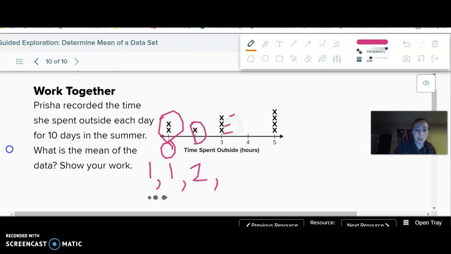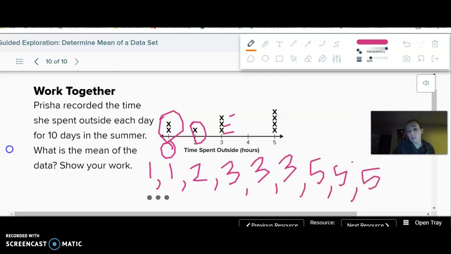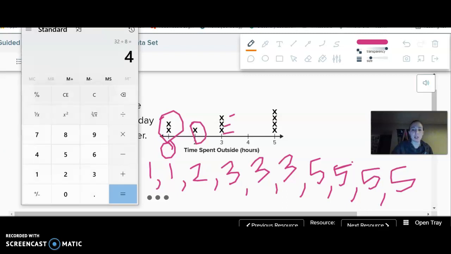I have 3 3s. And then I have 4 5s. So I wouldn't have to write this down, but I think it is easier to see the numbers. If you have sort of shortcuts, like I could say, oh, those 4 5s are 20. So 20 plus whatever, but